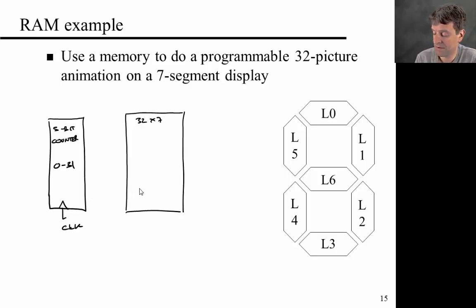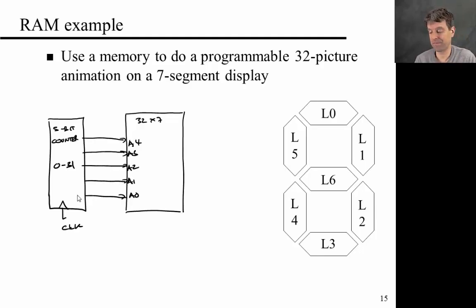So there are inputs here A0, A1, A2, A3, A4. The counter generates a number. That's essentially the address. So by counting upwards from 0 to 31 and again and over, you're cycling through all the addresses